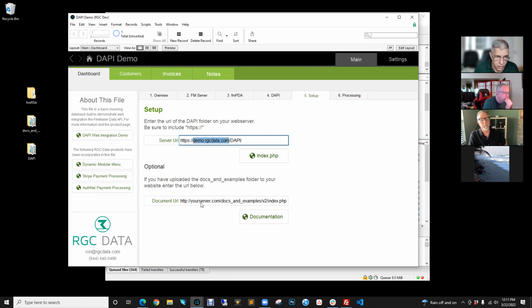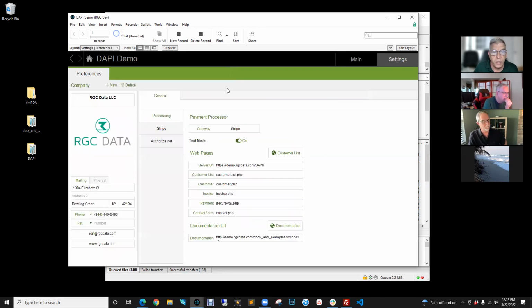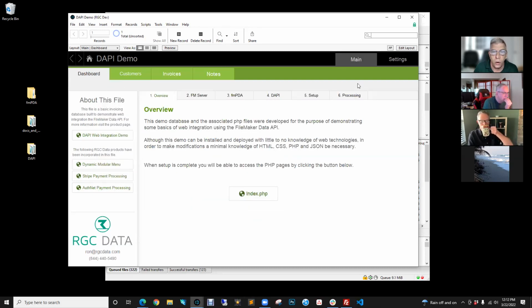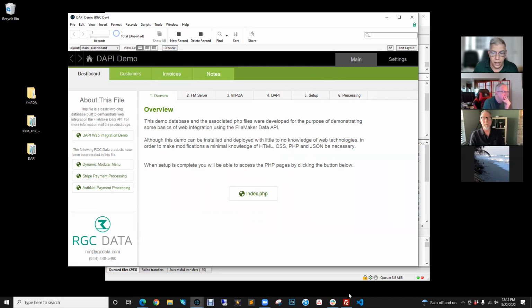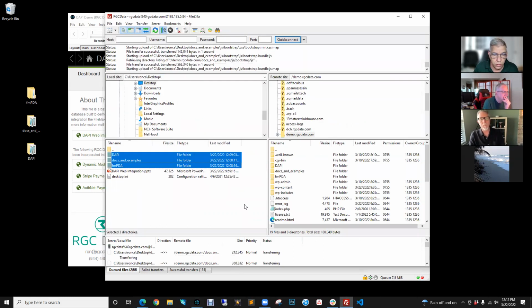And then for the documentation, I'm going to do the same thing. And this demo file actually has all of these same settings in a settings area. So if anybody were playing with this and just wanted to wipe out the dashboard, you could actually do that. But the settings are here. And so once all that's set up and once we finish the upload,